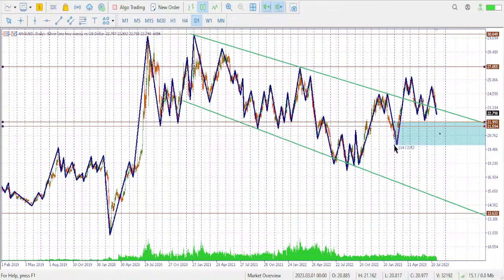If the price can come back and touch it, then that should give us the best place to look for a buy from. So we are basically just waiting to see what happens. If the price can move down and touch that level, then that zone is going to be the best place to look for a buy from. Within the area I've just highlighted, that is going to be the best